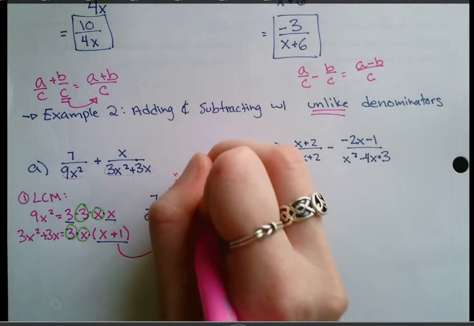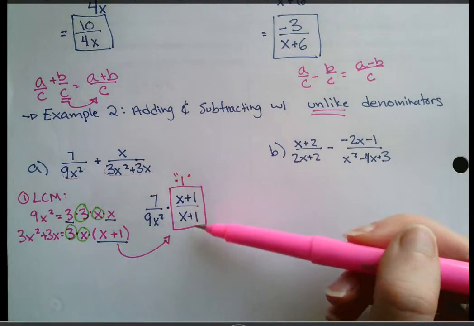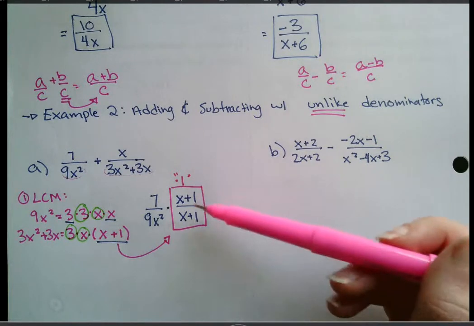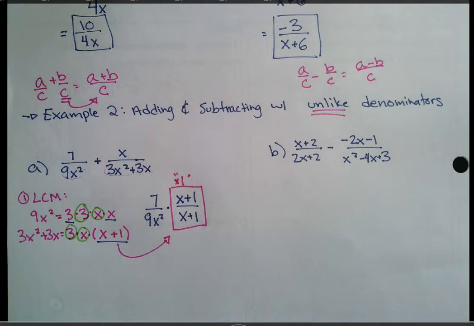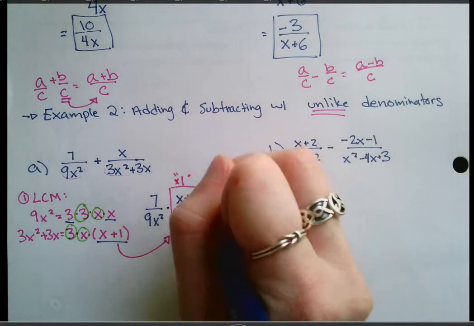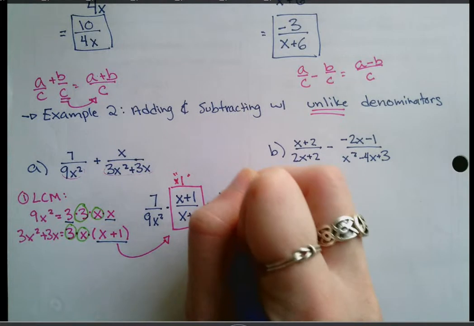So technically we're just multiplying by 1 here, because these cancel each other out. That looks kind of weird, multiplying by 1, but that way when we do this, we're not actually changing the value of that fraction. Next, that's still going to be plus, and we're going to have that x divided by the 3x squared plus